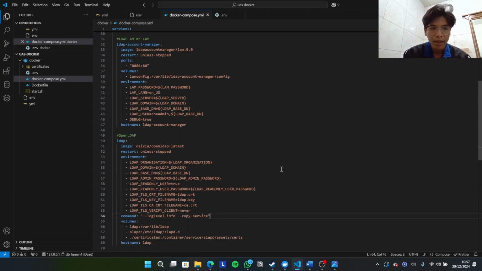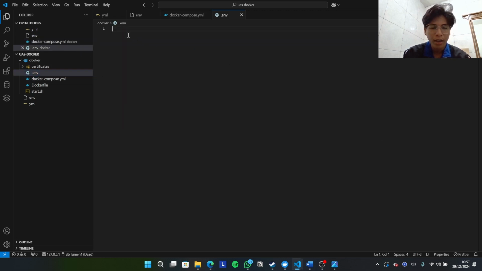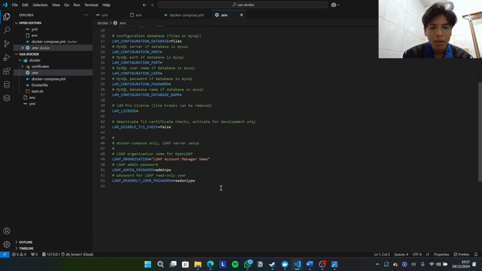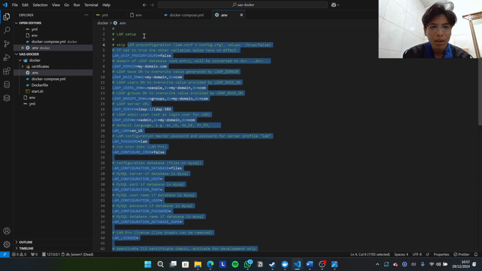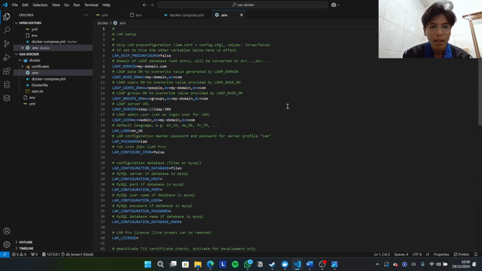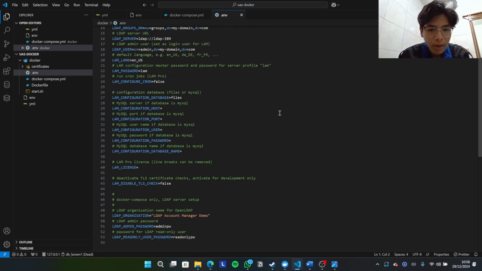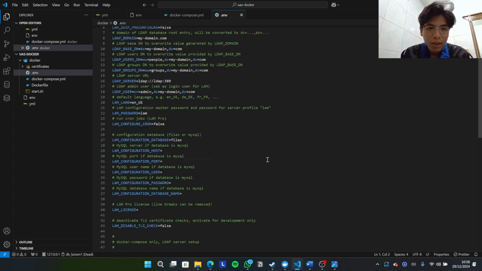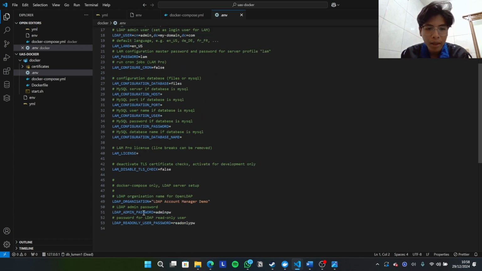After that, we need to create the env file and type the configuration in it. For example, we can declare LDAP admin password here, and this is the password.